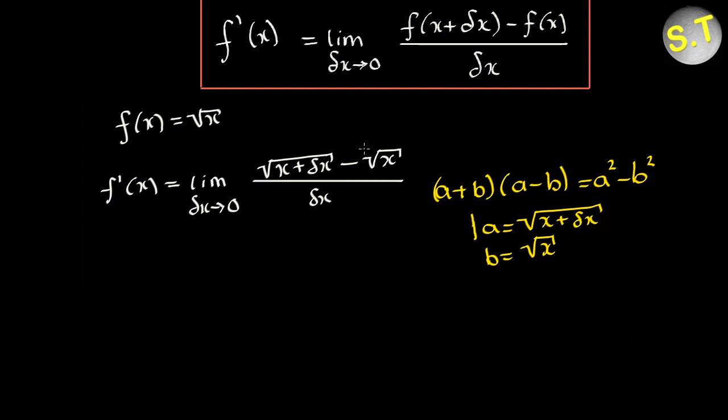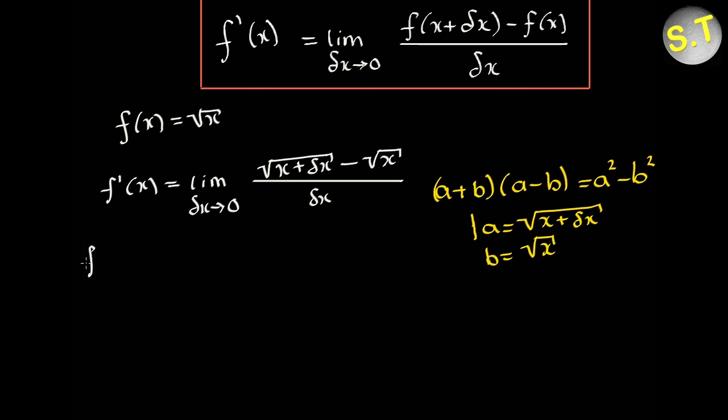So here we have a minus b, and if we times by a plus b, this should give us a much easier term to deal with. So we need to times the top and the bottom of this fraction by a plus b,